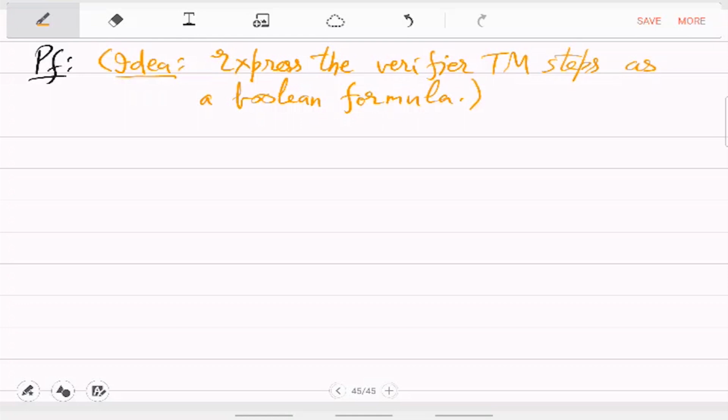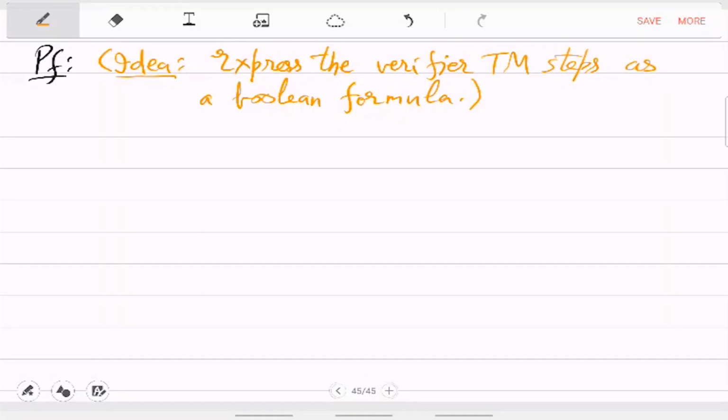It will translate every step into, let's say, a clause, and then the whole accepting path will be converted into a Boolean formula. So the Boolean formula being satisfiable will actually mean that there is a certificate that existed